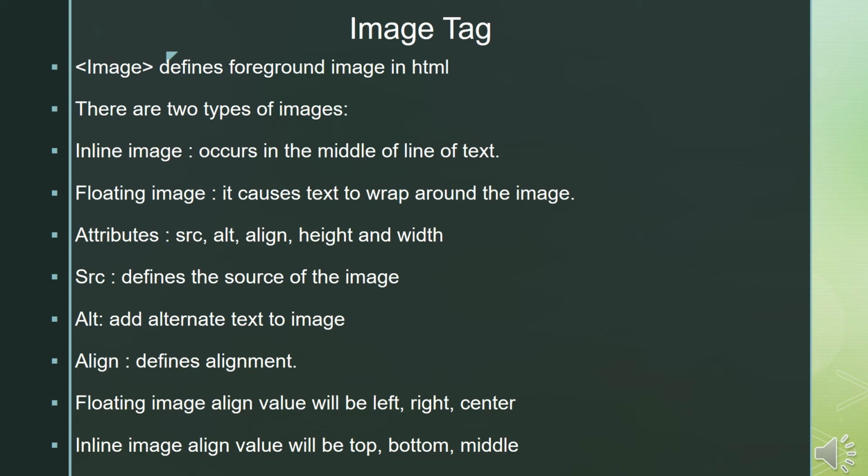The next attribute is the border attribute for an image. The border attribute defines the border of the image. By default the border is 1, which is a thin border that may not appear. If you want to increase the border size, you can define a larger number value for that particular image.